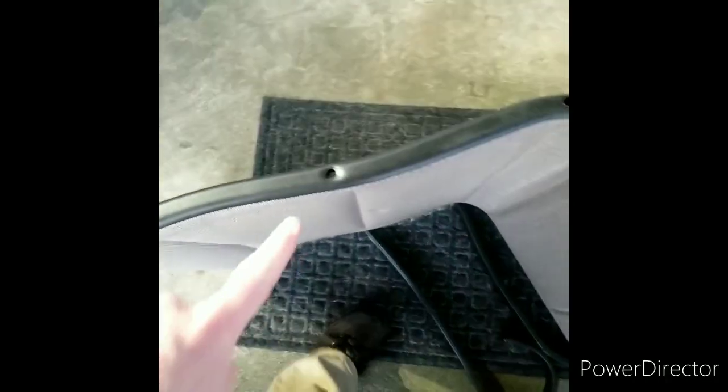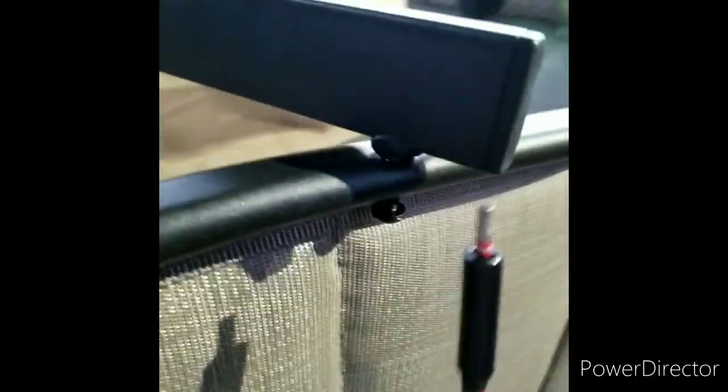Okay, so 1, 2, 3, line up the holes with the arm, left arm in this case. Use the supplied bolt to finger tighten it down and then tighten it up with the Allen wrench. Alright, so see that? Just tighten it down with your fingers first. That way they're in place. Okay, 3 of them. Then you can take an Allen wrench that's supplied,